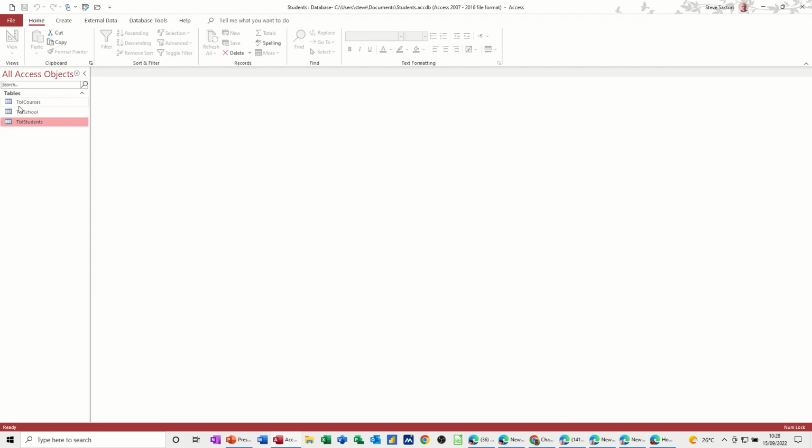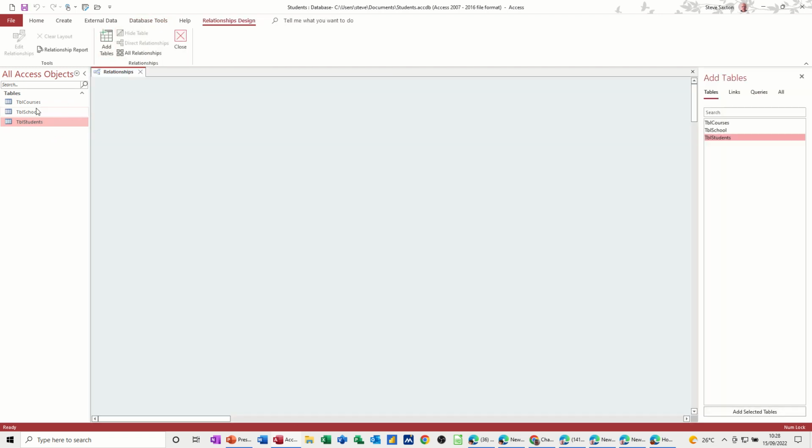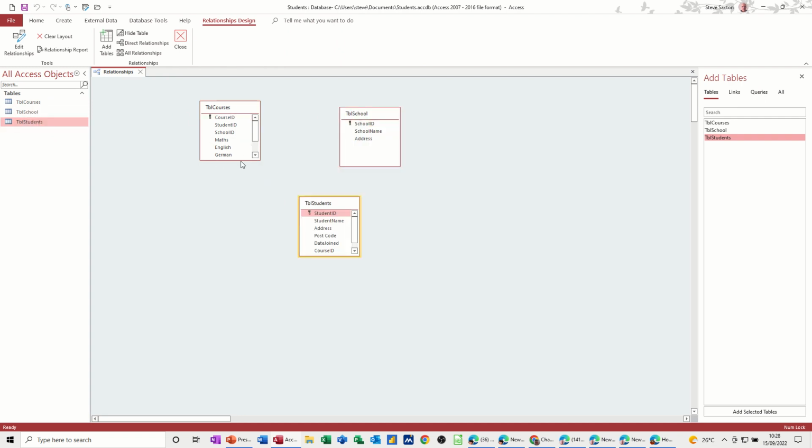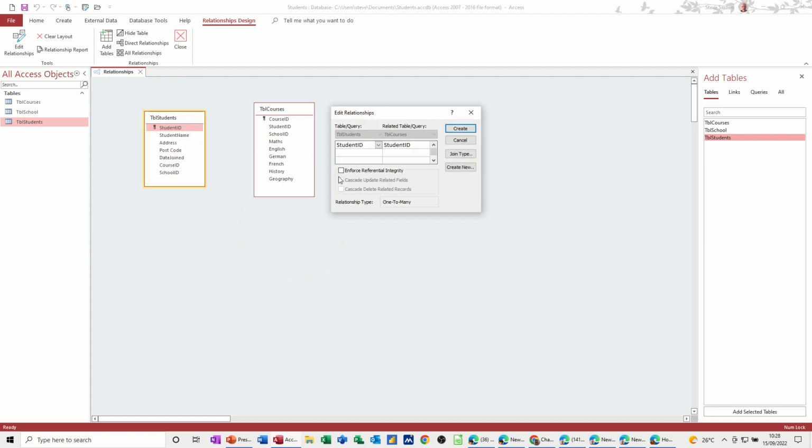So now we've got 3 tables, and to link these tables up we need to go to database tools, relationships, and then we just need to pull these on, add them across like so. So you've got 3 tables and you've got 3 primary keys. You just expand them so you can see all the fields like that. So one student can do many courses. So student ID from this table to student ID in that one,